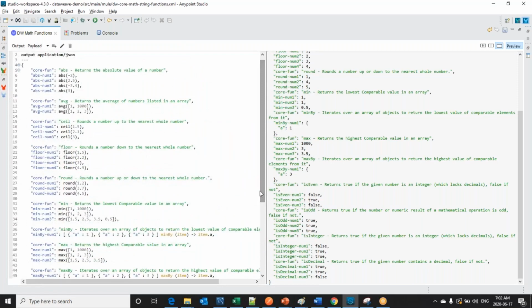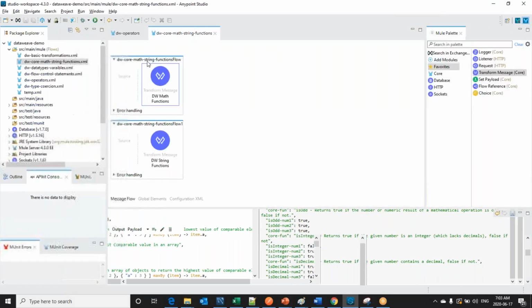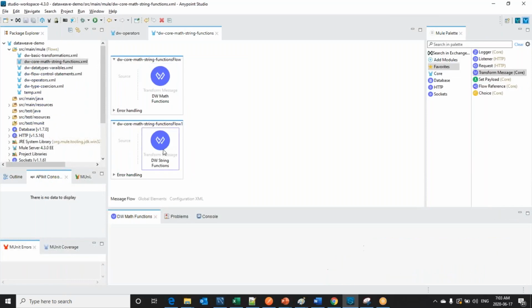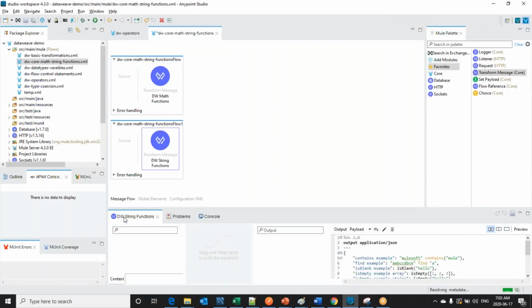When we are doing transformations, we might need to deal with some of these functions. To be honest, mostly we don't use math functions. We use them in very rare cases, if we are working with some specific domain related to financial or something else. But the usage is not much, it would be very little. Next, going to the string functions, we mostly use string functions in day-to-day activities in DataWeave in real time.